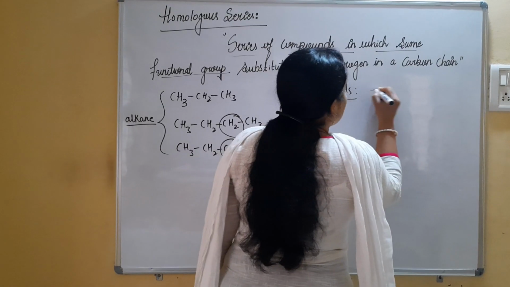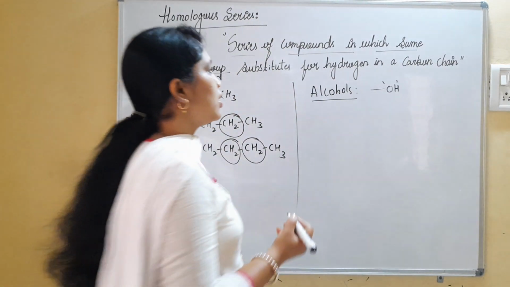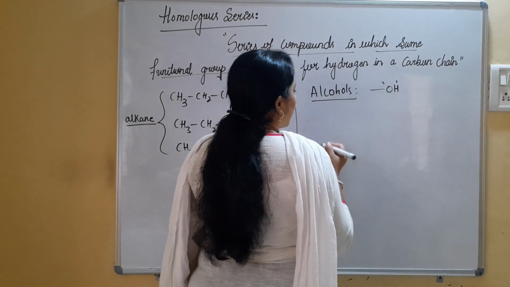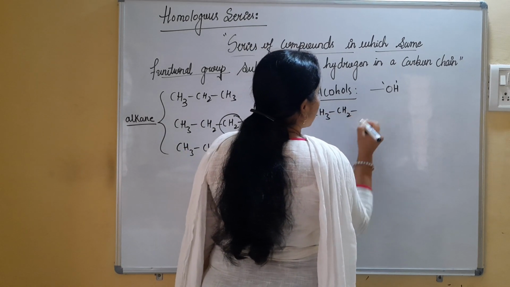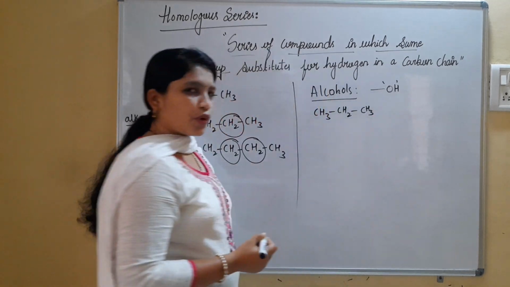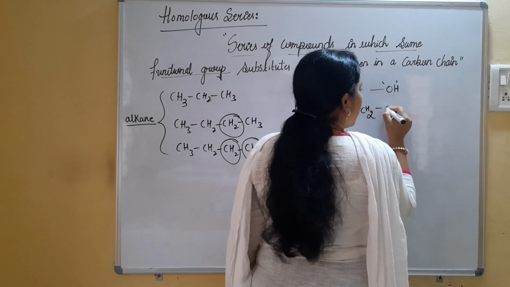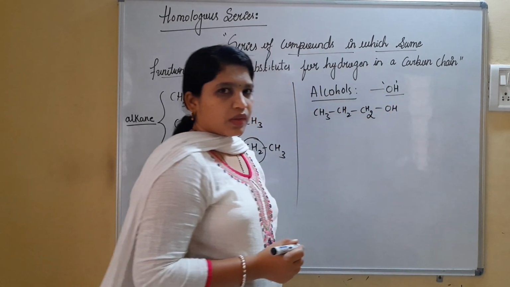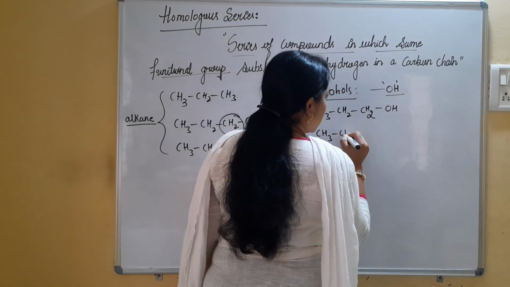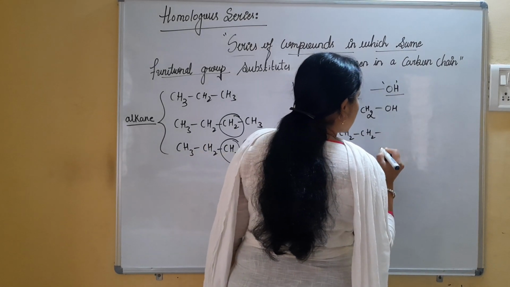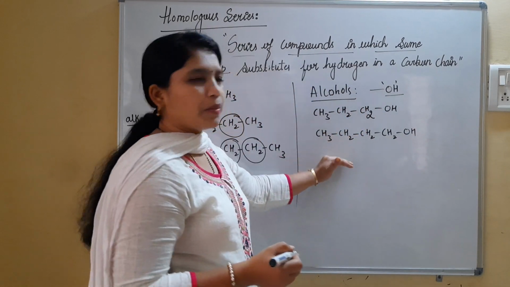So alcohols generally possess OH. This is the formula we write for alcohols. So here I have an example of this only. Let me consider CH3, CH2, CH3. I know it is propane, right? Just by replacing one of the hydrogen atoms, what do I do? I put OH, right? Similarly, I'll consider CH3, CH2, CH2, OH. In the sense, the next member I have taken.